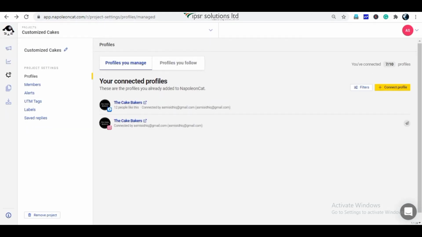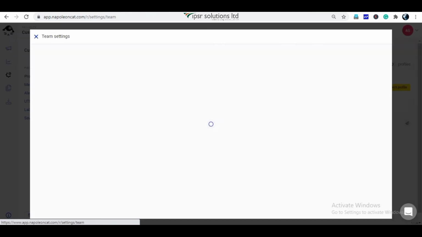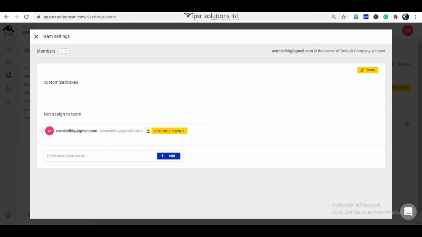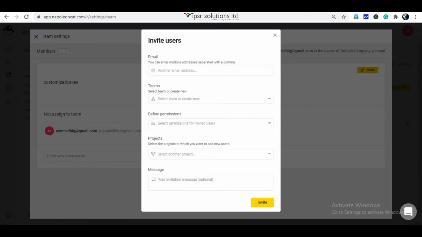Now let's see how to invite users in. Clicking on the down arrow on the top right will bring up a few options. From there click on the team option. We can add a new team name and can invite users to the team by clicking on the invite button on the top right.